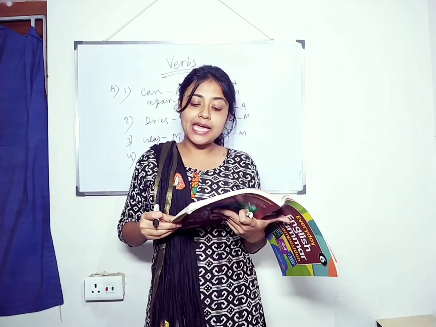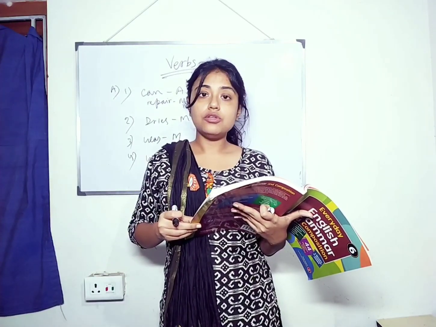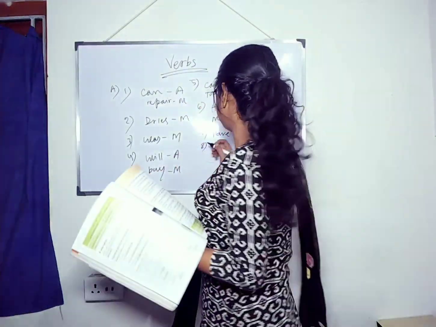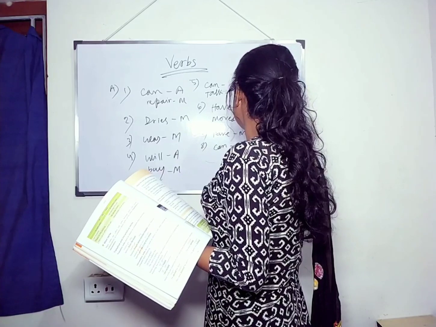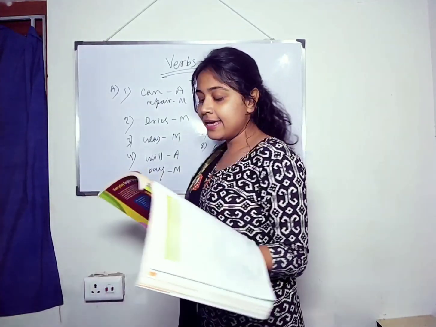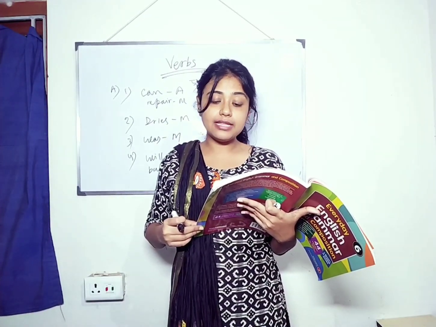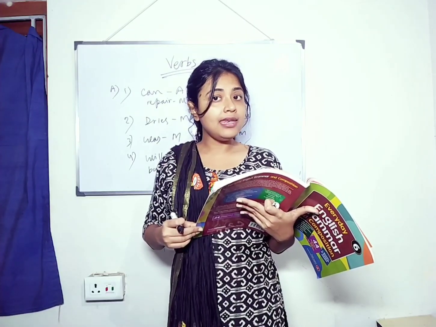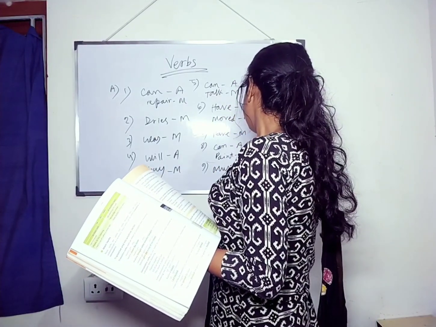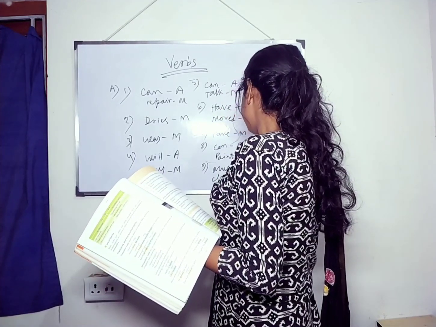No one can paint as beautifully as Leonardo. So can paint. Two verbs. Can is auxiliary and paint is main verb. 9. You must clean your shoes before entering this room. Must is one, clean is another. So must is helping verb or auxiliary verb and clean main verb.